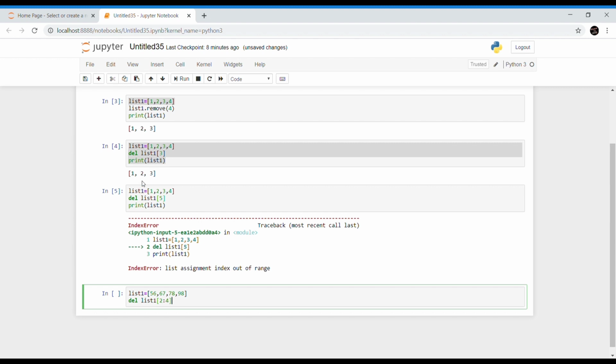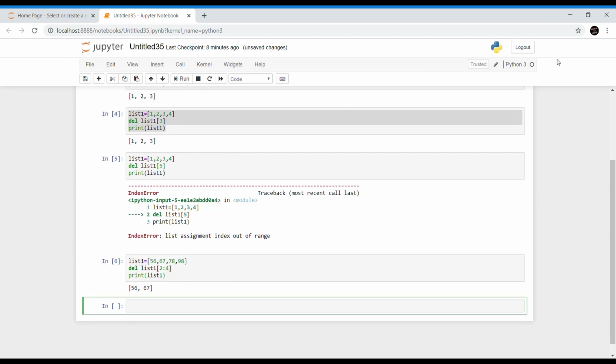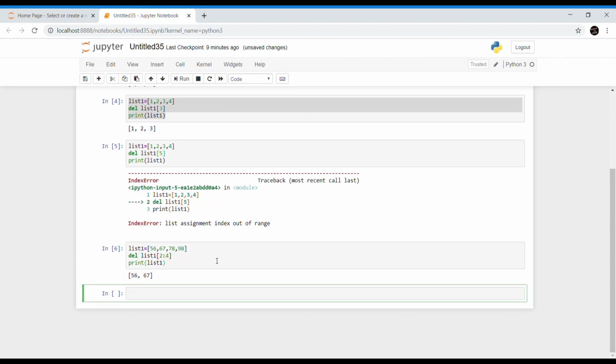Now if I try to print list1, the del statement removes the second and third element from the list and it prints all the rest of the elements.